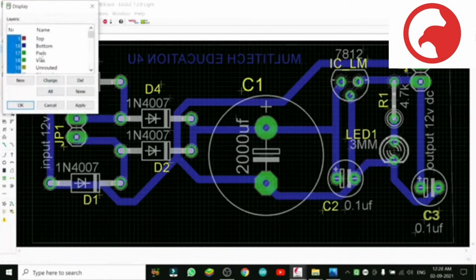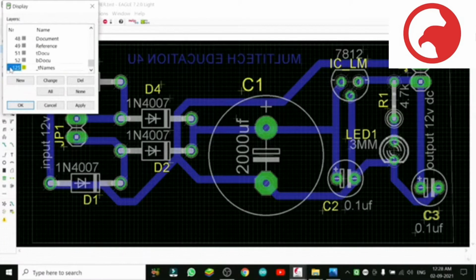We will select, see, from here we can remove the layers that these components are showing. You might have been looking at this white color, white around the capacitor, white around this diode, white around this pin.